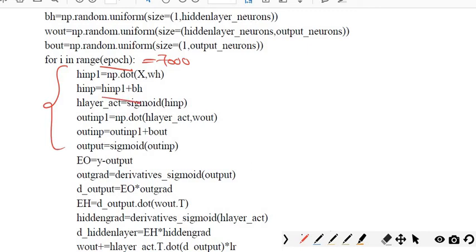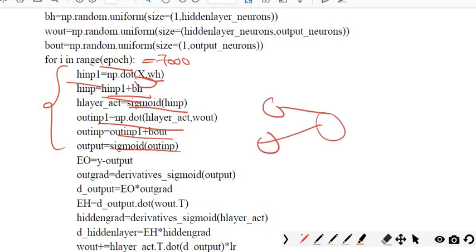So we are adding the bias value. Look at this input: we multiply the input with the weight, add the bias value, and apply the sigmoid activation function. We get the output of one neuron. Similarly for the others, and the output of the first layer becomes the input for the second hidden layer. Like this, and after that we will